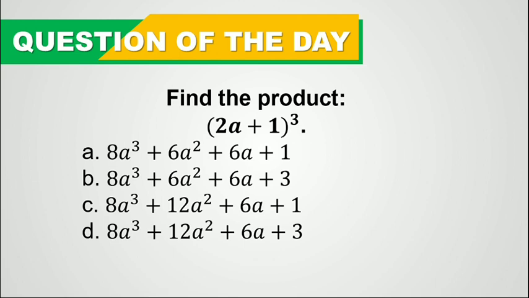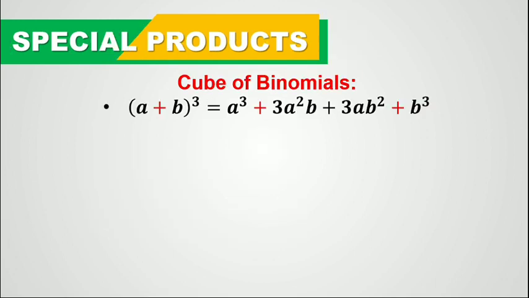So in order for you to answer this particular question directly, all you have to do is understand and familiarize yourself with the pattern of this special product, the cube of a binomial. So this is how the pattern goes. For example, if you are going to cube a binomial a plus b, the first term of the answer is just the cube of the first term